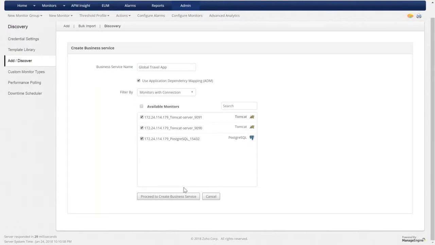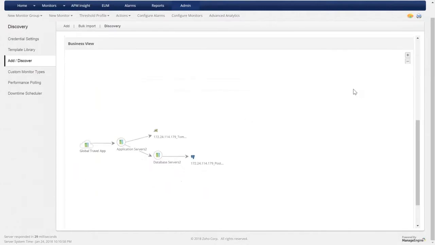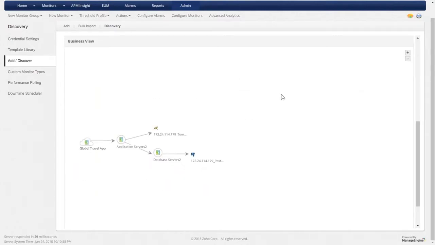So I'm going to select these three and hit this button that says proceed to create business service. So scrolling down, this is exactly what we see now. I'm sure this looks very close to the map that we just saw in the presentation. However, let me take you back to the presentation again, where let me explain in that image what this dependency mapping packs and just how much you can get done with it. So going back to the presentation for a moment,